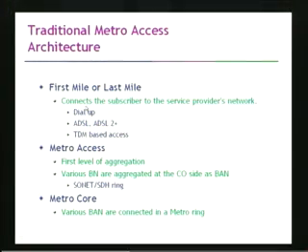So let us look at what technologies are used in the first mile, the metro access and the metro core. If you look at the first mile networks, which as I said connect the subscriber to the service provider network, there are 3 alternate technologies that have been used. Traditionally, as you know, residential customers have always accessed the internet using dial-up technology, which is some kind of an overlay of packet networks over the circuit switched networks. Then we have the TDM based access networks, which I had already talked of, based on E1, E3 and SDH. The new packet based first mile networks could be based on